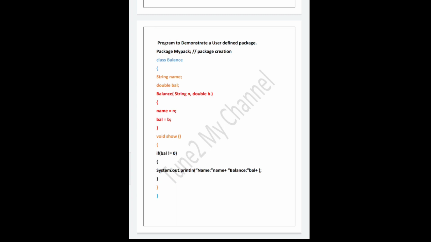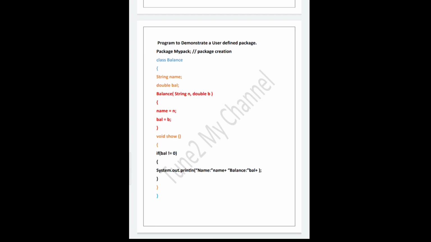Now let's declare another member function. This time it's not a constructor, rather it's a function which is used to print data. As we have discussed in the classes and objects topic, we will declare the function using the syntax return type followed by the function name. Here return type is nothing but void followed by its function name. Let's name it show. You can name it whatever you want. Let's define it.